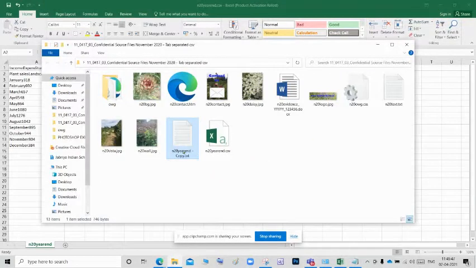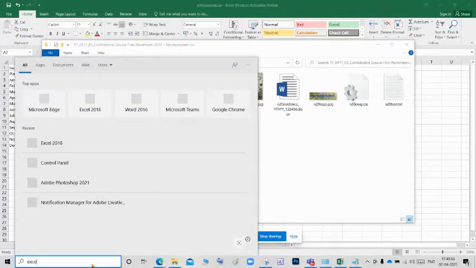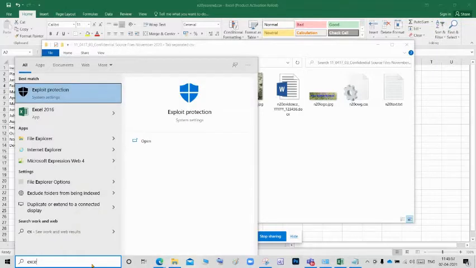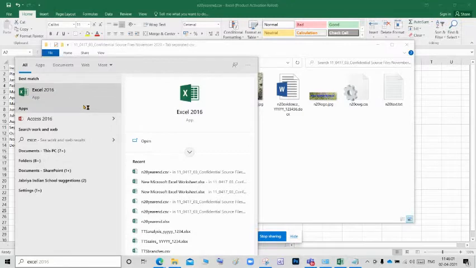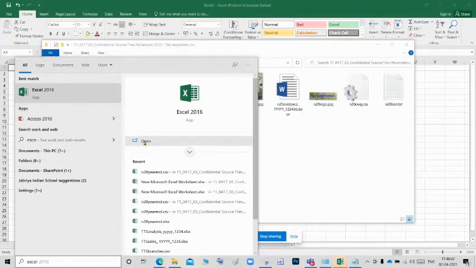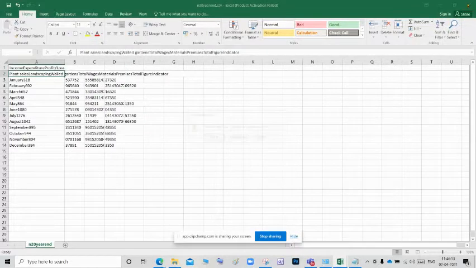Now next we want to import this file into Excel. So go to the search, type Excel, and open Excel 2016 or the application. Then close the older one.